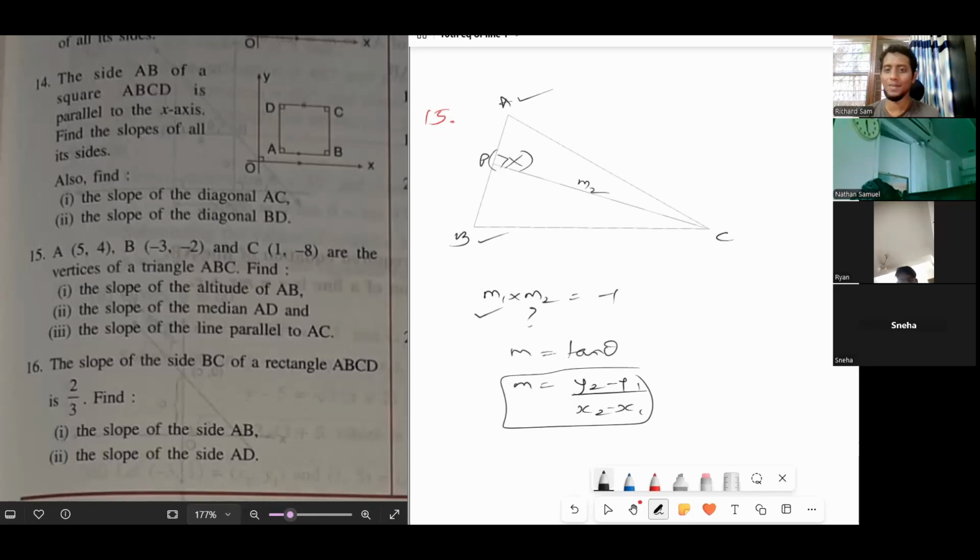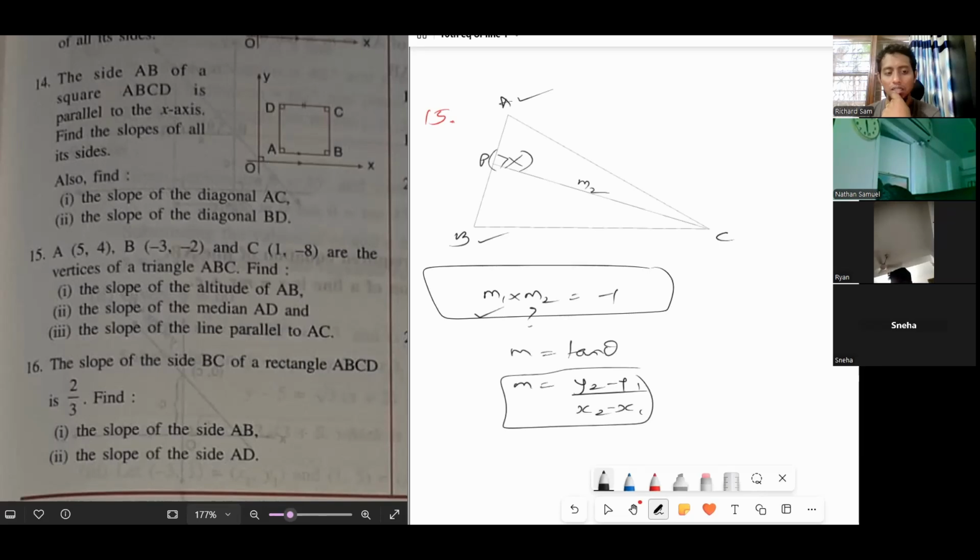Then we have P and C, we can find the slope. But we can't use this formula. Why? Because we don't have the coordinates for P. So the only way is by using this formula here, by finding slope of AB and then finding the slope of PC by applying it in this formula. Is that clear, everyone? Same way, second question, find the slope of median